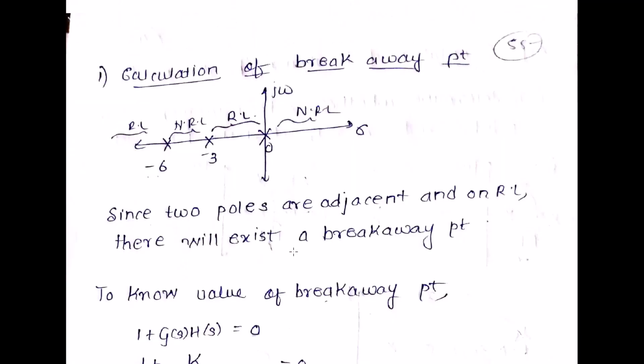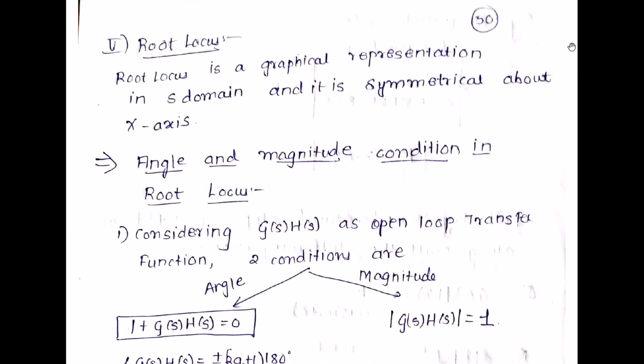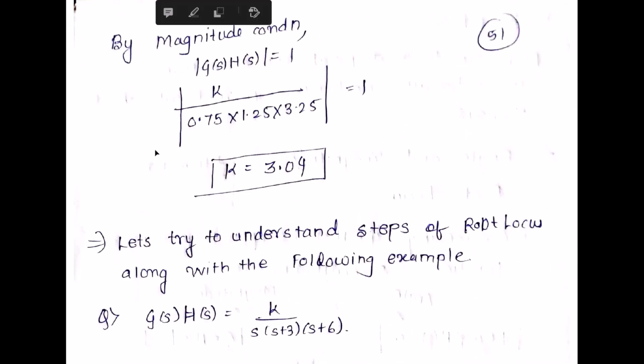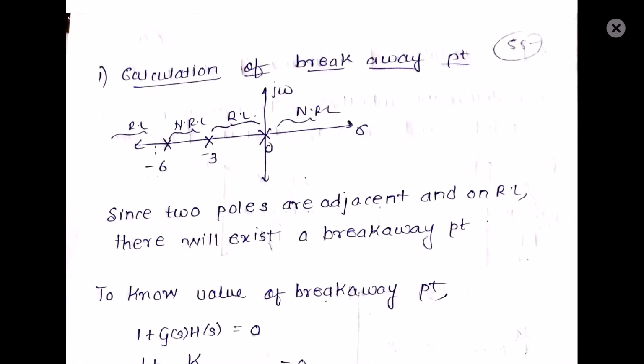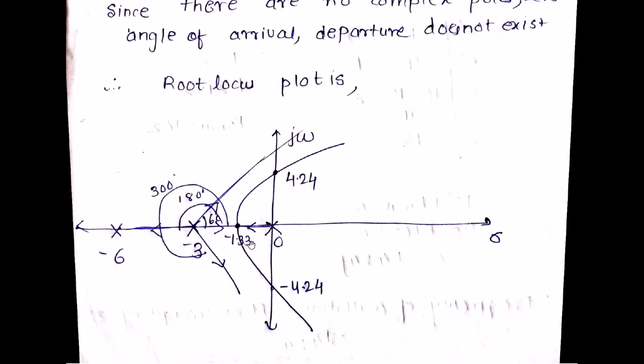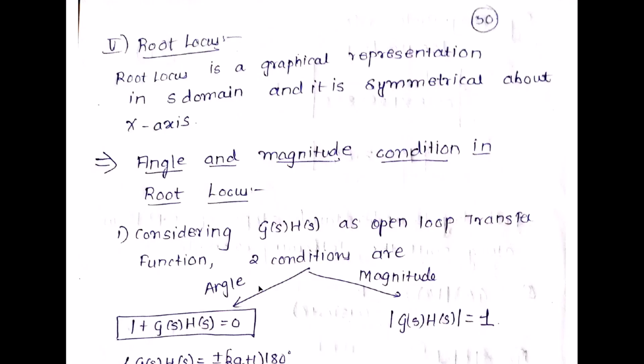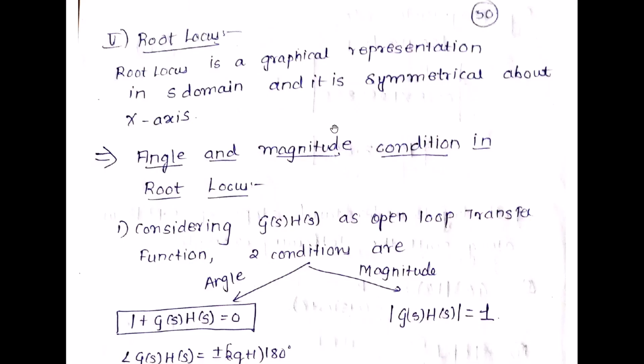And in such a way, from all these steps, we get a final root locus. As I had mentioned to you earlier, my root locus is basically symmetrical about the x-axis. And if you see over here, my final root locus is symmetrical about the x-axis. So if I have to again explain to you in short, you might have got a little confused. So don't worry, I'll give you a summary about it. A root locus is a graphical representation and it is symmetrical about the x-axis as we saw.